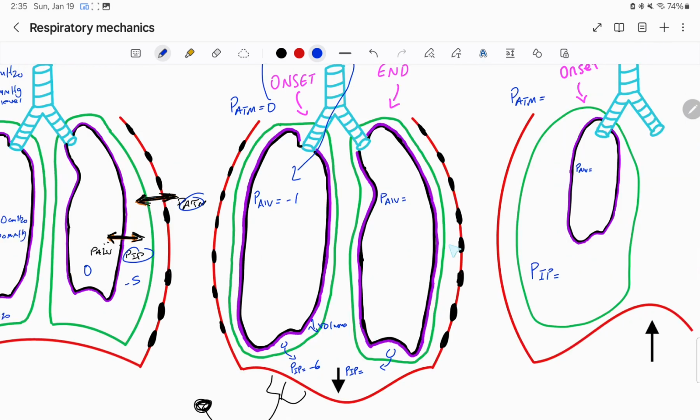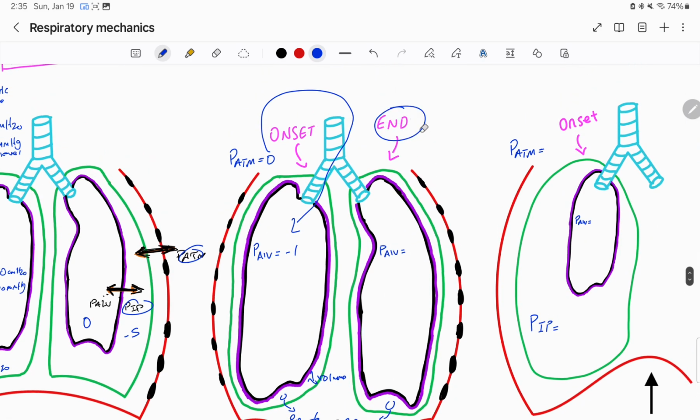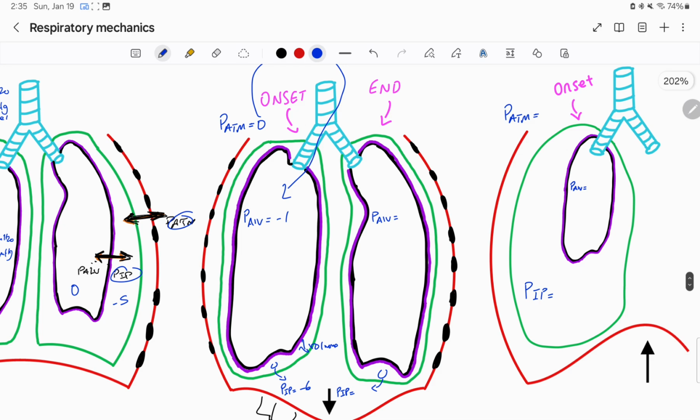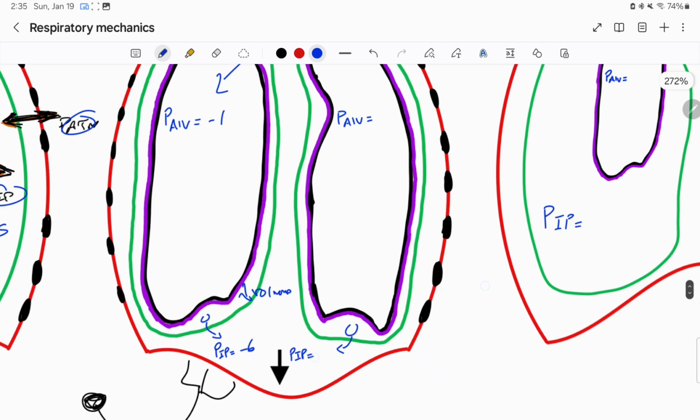Awesome. Now, what about at the end of inspiration? Well, at the end of inspiration, you have breathed in so much that your lungs are almost at the top of your breath. You cannot bring more air in. Your lungs are completely expanded, and they are almost completely decreasing the space in this pleural space, okay? So what's going to be the pressure in the intrapleural space? It's going to be -8, okay? The volume in this space has decreased so much that the pressure has increased so much in the negative direction,